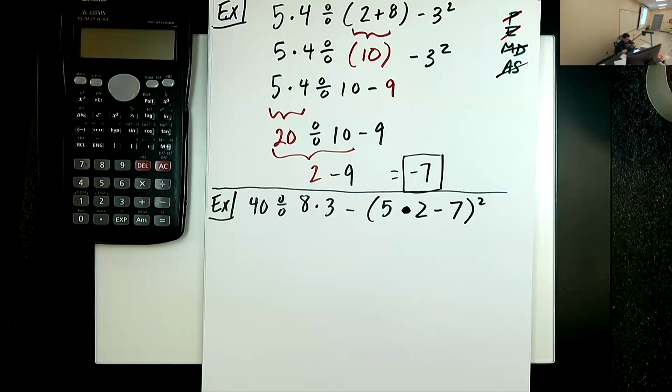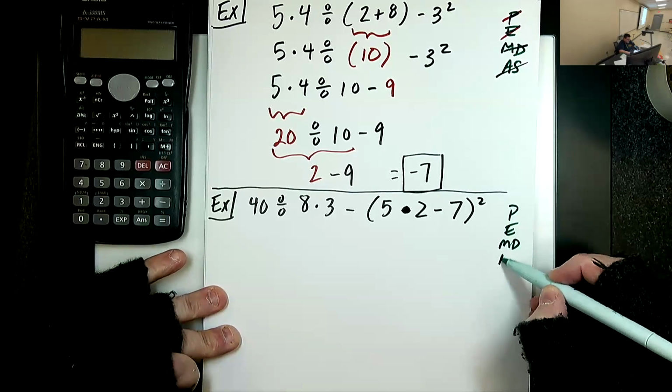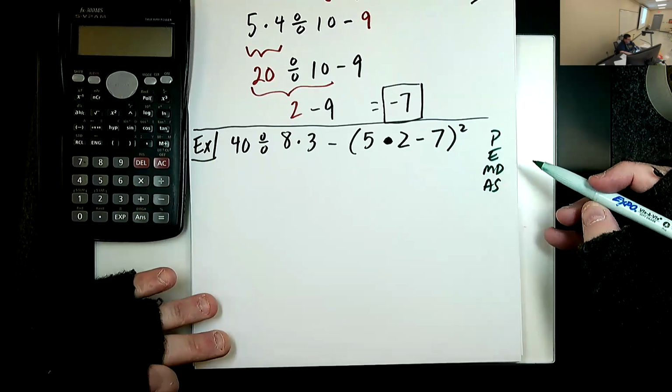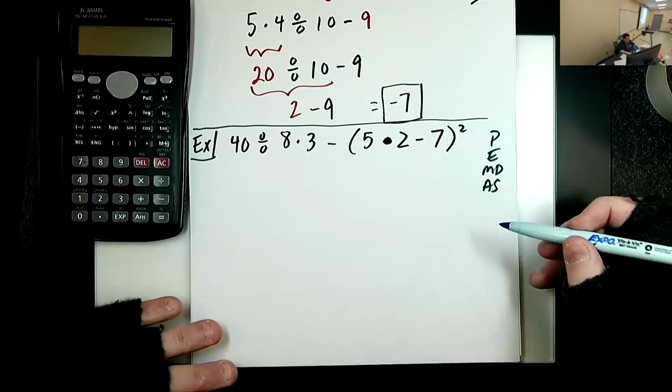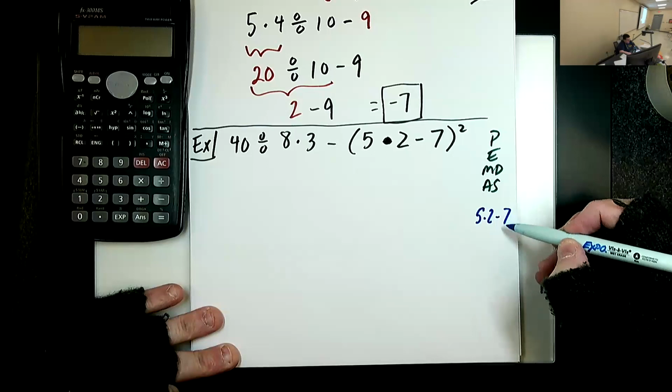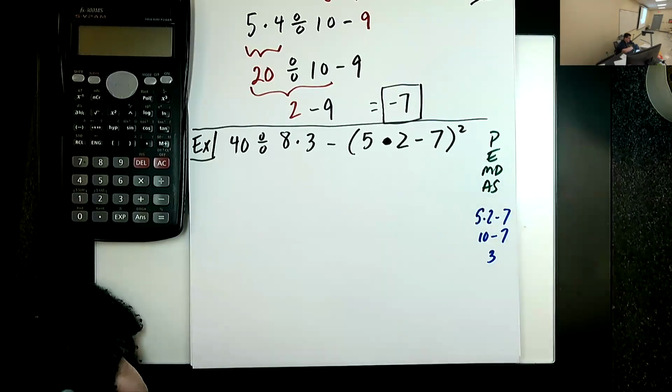I would go through and I'm gonna write the PEMDAS down. When there's parentheses, I do that on the side. So we've got 5 times 2 minus 7, which is 10 minus 7, which is 3. So I have here